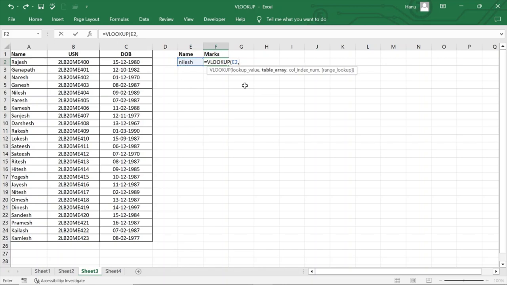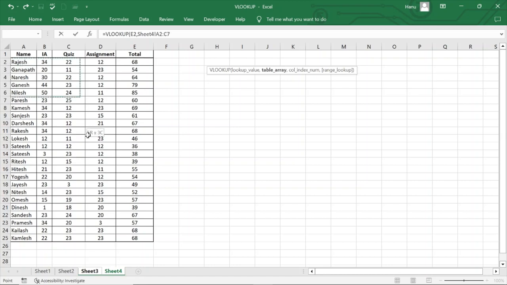Now I need to go to the sheet where our marks exist and select the full range. So here I need to select the full range. Okay, so comma, it is asking me the column index number. I need the total marks, which is available here.